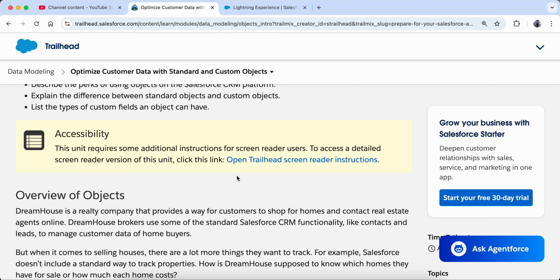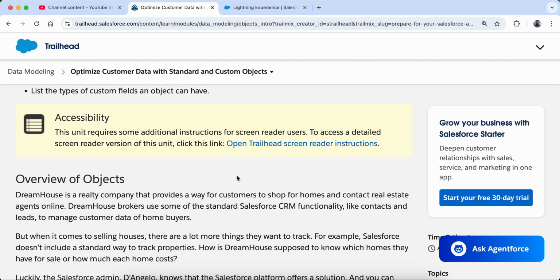Standard objects are something which we already have in Salesforce. We don't have to create those standard objects. But a custom object is something which we create according to our own requirement. Whatever requirement we have, we go and create a custom object based on that. And how do we differentiate between a standard and a custom object? The custom object always has a suffix of __c, underscore underscore c. Whenever we create a custom object, it will always have a suffix of __c. This is how we differentiate.